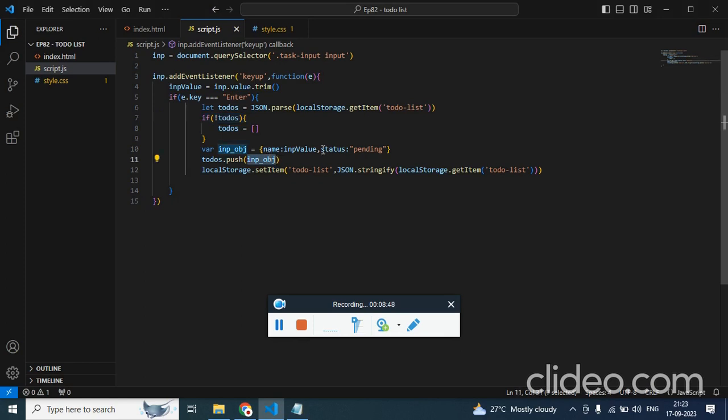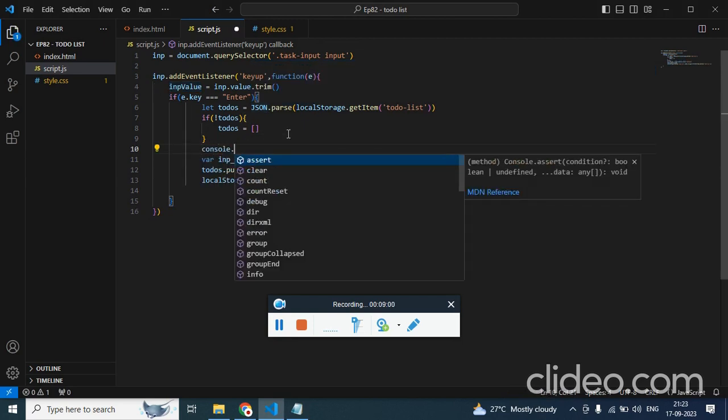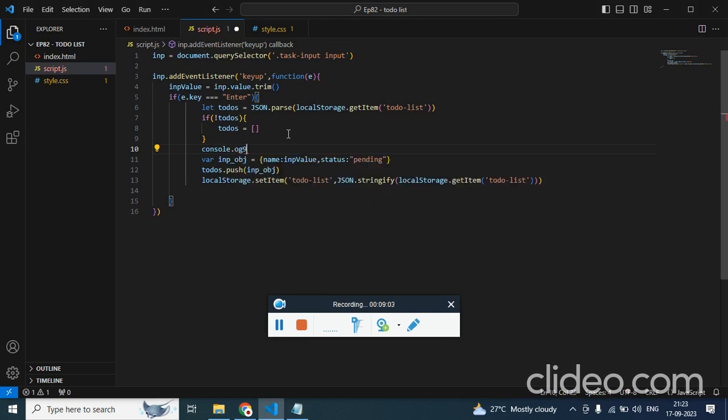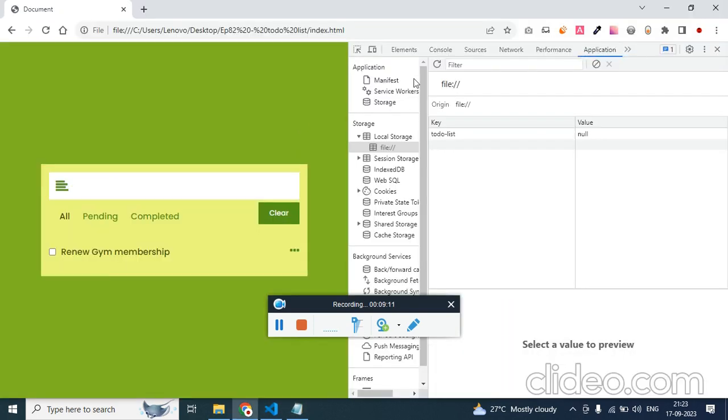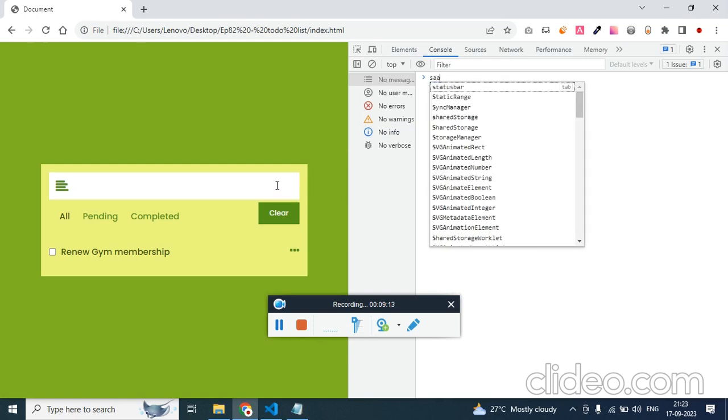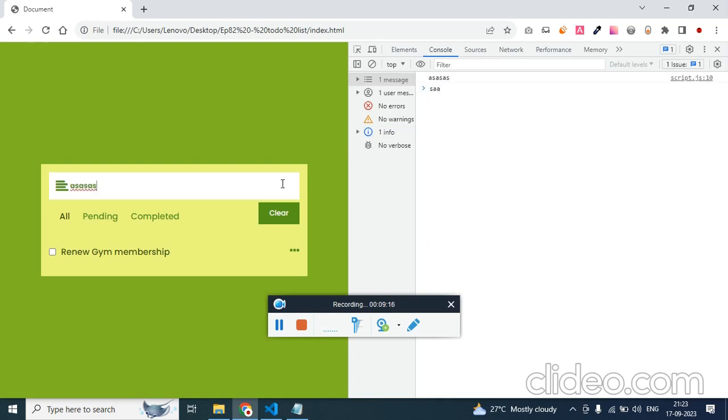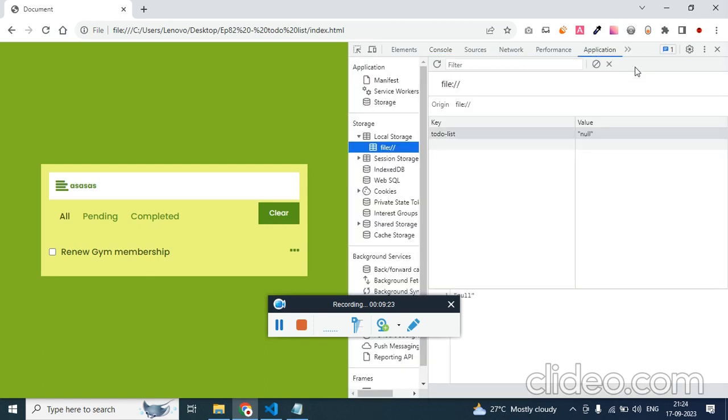Input object. Input value. So to debug, we can just console.log this and print the message. Refresh it, type something, click enter. Okay, we'll be able to print the value on the console, but let's just see whether we will be able to see it on the